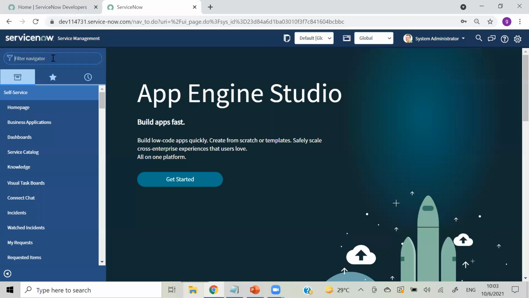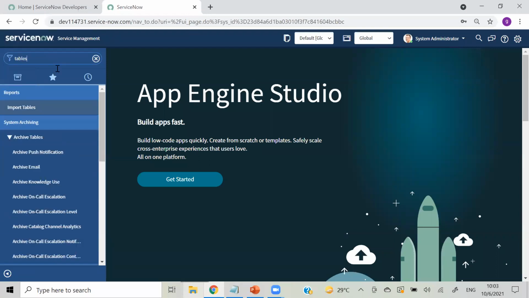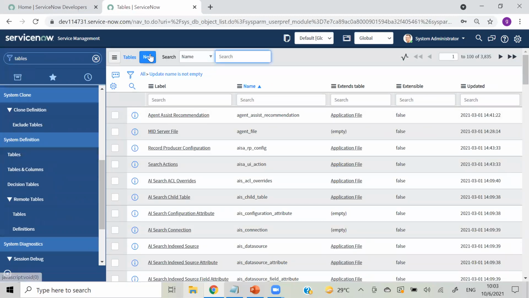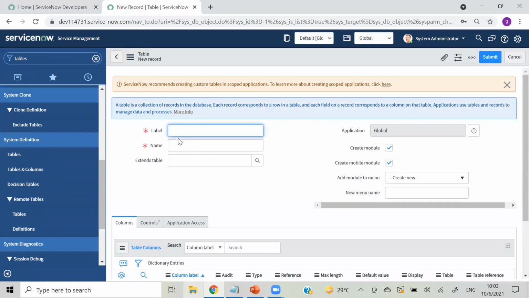Going back to PDI, tables, system definition table. Then I am creating new. I am giving the name as demo Gautam.